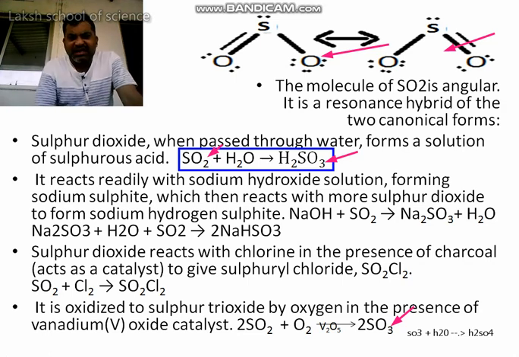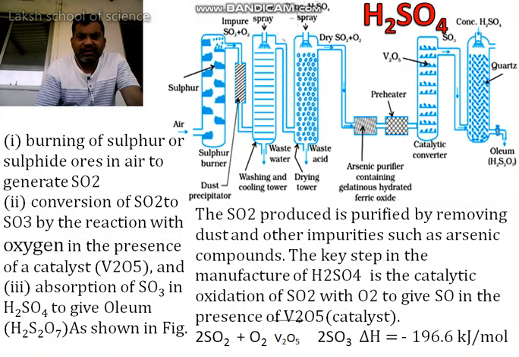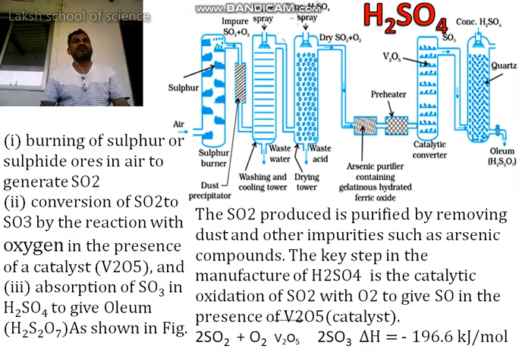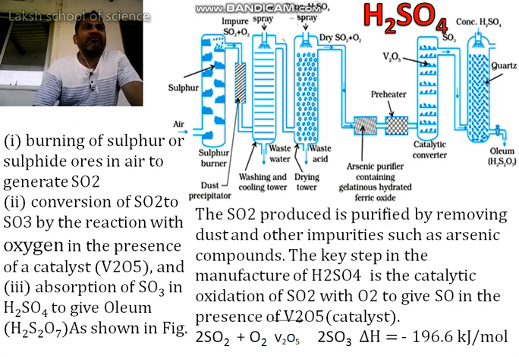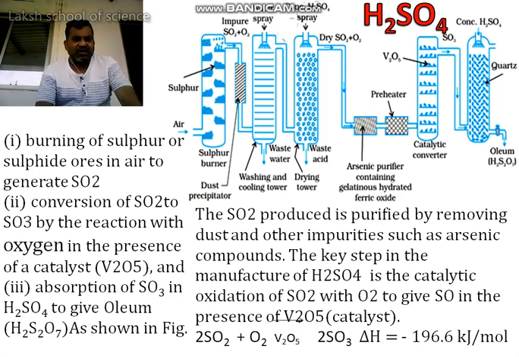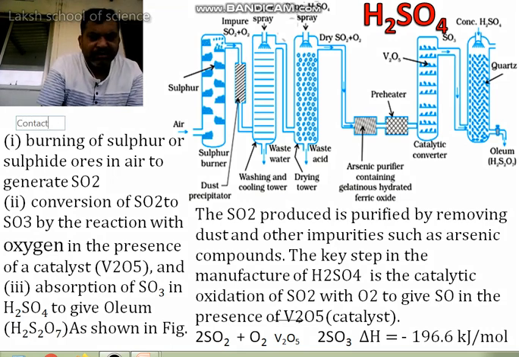That's why the conversion of sulfur dioxide into sulfur trioxide is more important than any other reaction. So hope that you understand these reactions of sulfur dioxide, and with this reaction our topic of sulfur dioxide is going to end here. After that we are going to talk about another topic, the preparation of sulfuric acid. This is the world famous contact process, and it is important for your examination purpose.